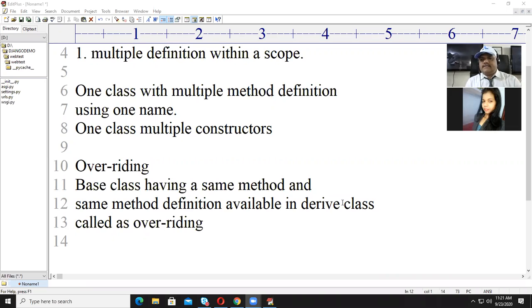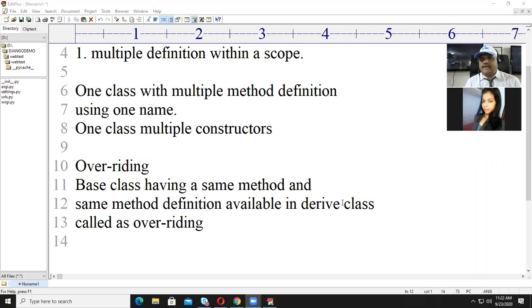Due to inheritance, there is a relationship between base class and derived class, and the copy of the base class method is available in the derived class. At the same time, the derived class has its own copy, so the method is available in the derived class from two sources: its own method by the same name, and one it gets from the extended base class. That concept is called overriding.